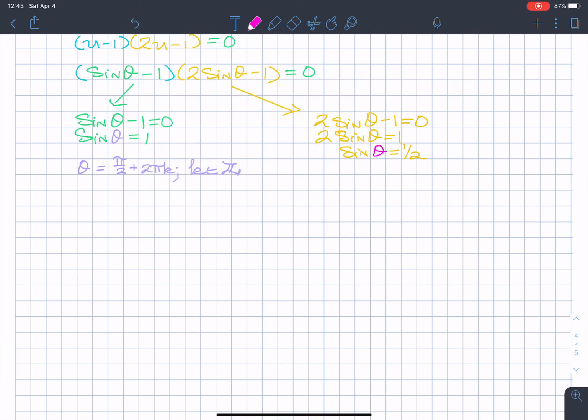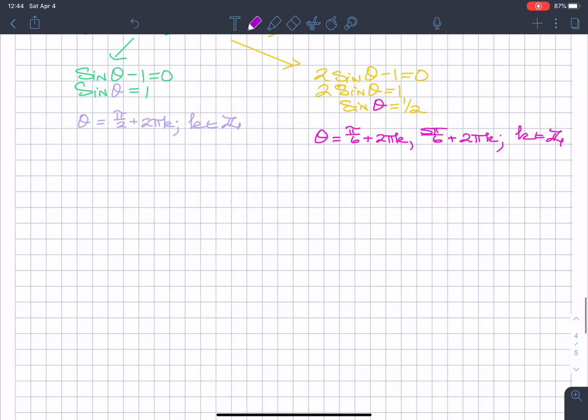Okay, so at what angles is sine, the y-coordinate, 1/2? That's pi over 6 plus any integer multiple of a full revolution, and 5 pi over 6 plus any integer multiple of a full revolution. So writing the entire solutions, theta will be,